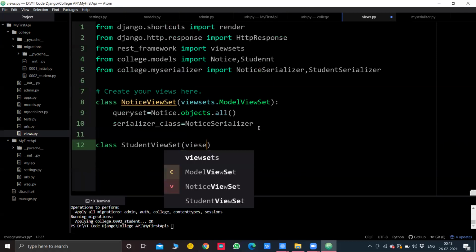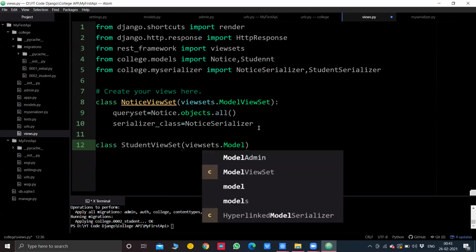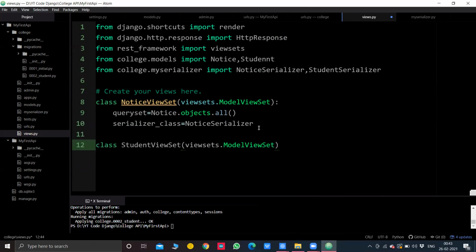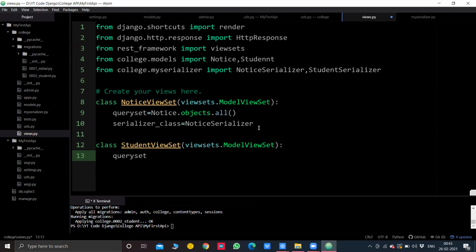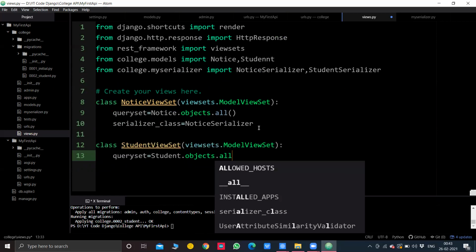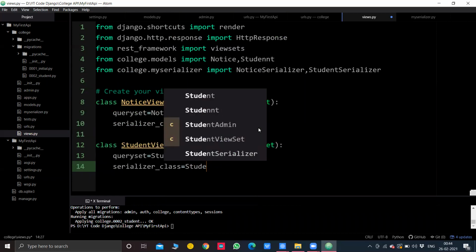Again, mention the same thing as above, viewsets.ModelViewSet, and inside that mention queryset equal to Student.objects.all(), and serializer_class as StudentSerializer.